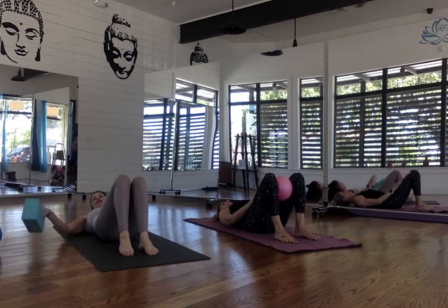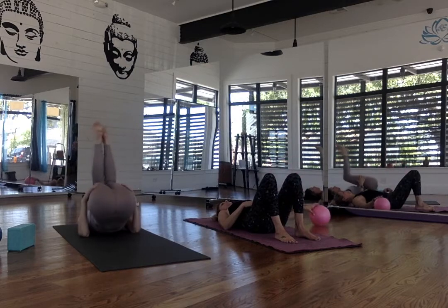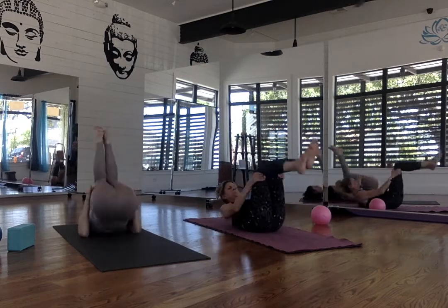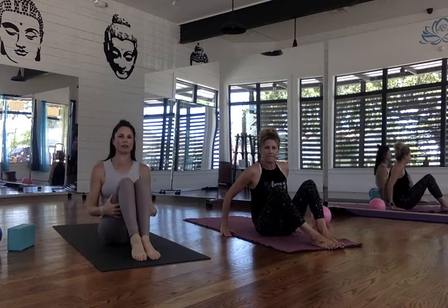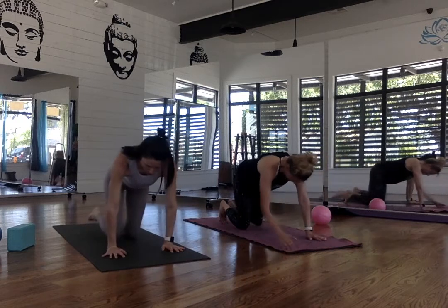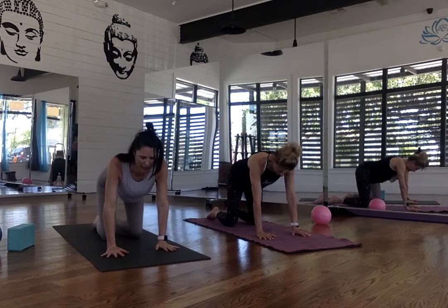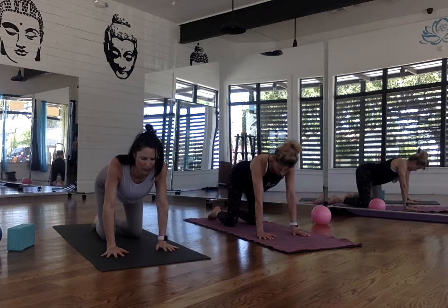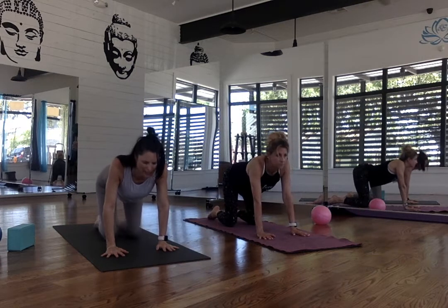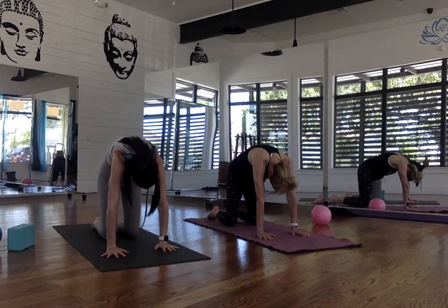Very nice. From here, we're going to start to roll up, coming into our tabletop position for yoga. So you can roll up, get some momentum, and then you can roll up over the knees, or you can swing your feet around, coming into tabletop. We're going to move through some cat-cows. Cat-cows are really nice because on your cow, inhale, lower the chest, look up, your pelvic floor is released, and then on your cat, you're rounding the spine, you're pulling in the pelvic floor,